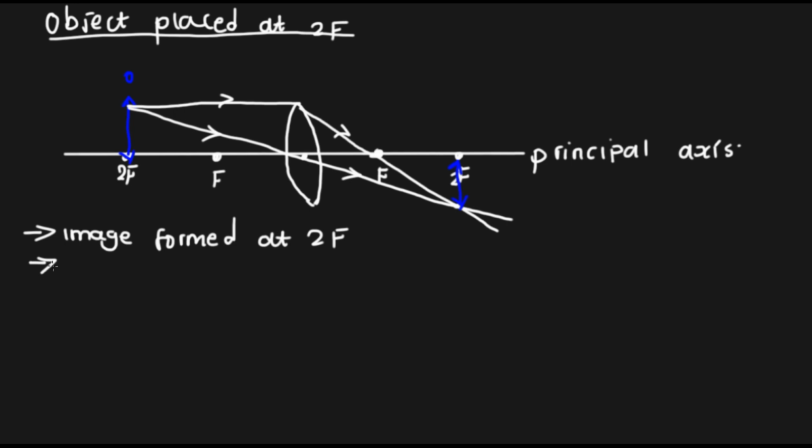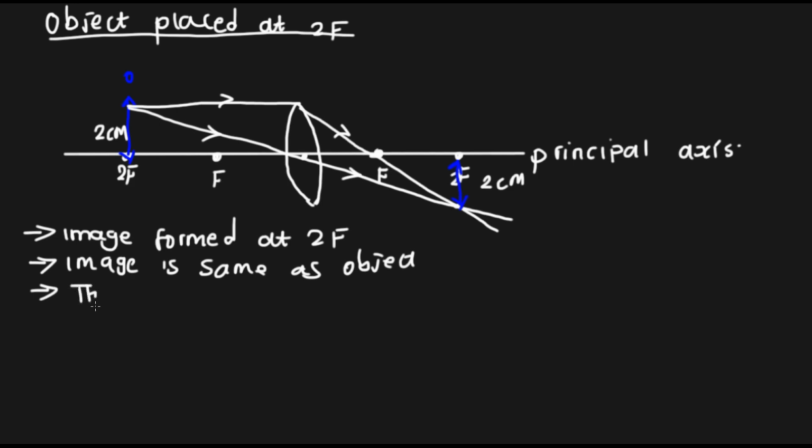Then number two, image is same as the object. So in terms of the size, if the object is 2 centimeters, the image must also be 2 centimeters. Then the distance of an image